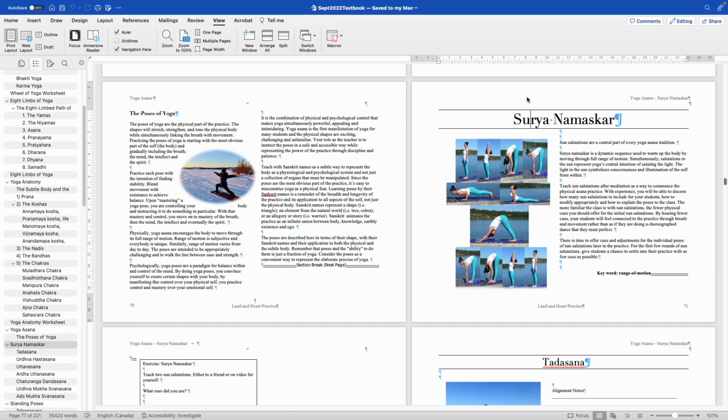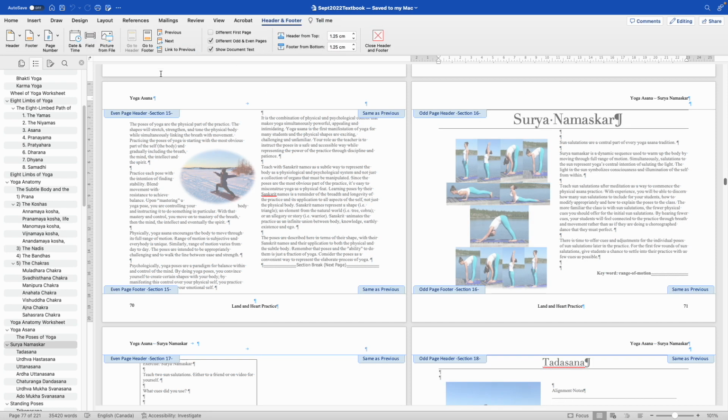The way I did this is I made sure when I was organizing the textbook that each section had a section break following the end of the section. So this is the end of the yoga asana section. This is the beginning of the sun salutation section. It's a new section, section 16. That's section 15. And then the odd page headers are different from the even page headers, and it means that